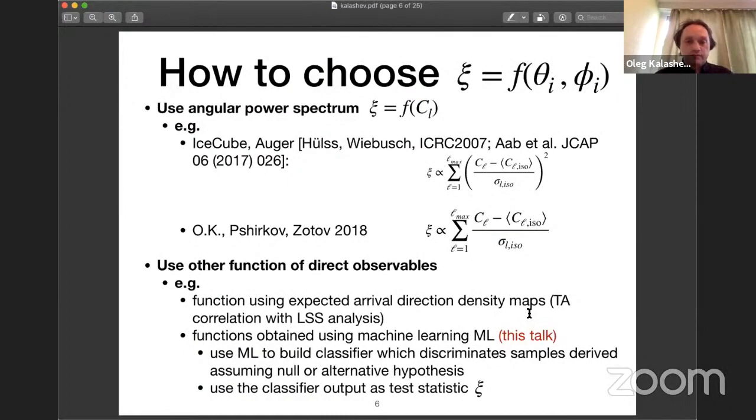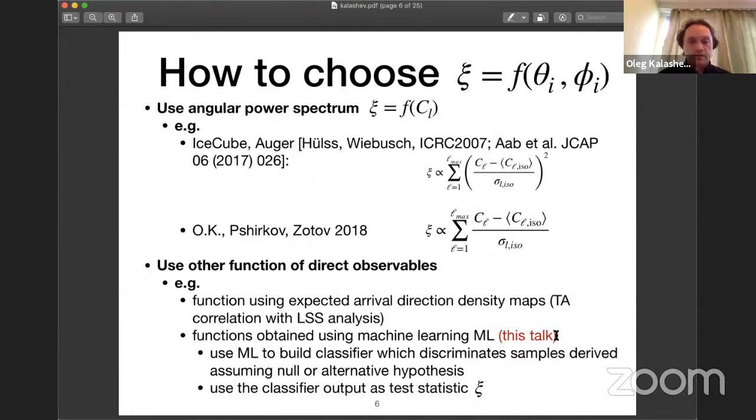How do we choose the test statistic? Well, a very common way in this situation would be to use the angular power spectrum. This method is used in many works, for example, by IceCube and Auger collaborations. Also in our previous work, we used an angular power spectrum coefficient-based test statistic. There are also other methods which may use, for example, a function of the expected arrival direction density maps, like it is done in the Telescope Array correlation with large-scale structure analysis. And in this talk, I will discuss the method which is based on